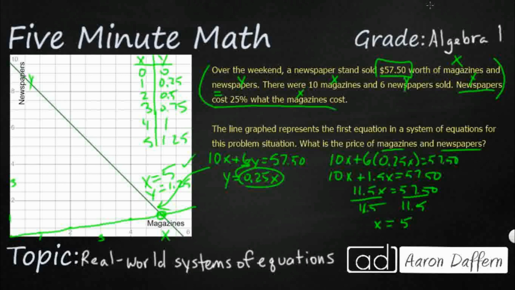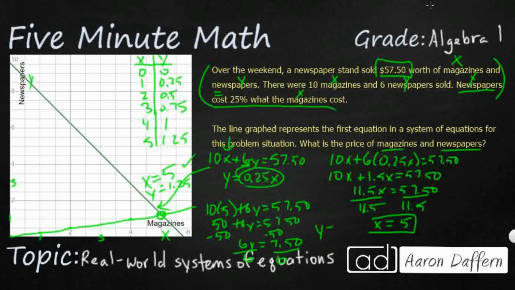Now, we can substitute this 5 in either equation to make it work, right? I can plug this 5 back into the original one if I wanted to. So 10 times 5 plus 6y equals 57.50. That's going to be 50 plus 6y equals 57.50. I'm going to subtract 50 from both sides. It's going to be 6y equals 7.50. I just need to divide both sides by 6. My y equals, yep,